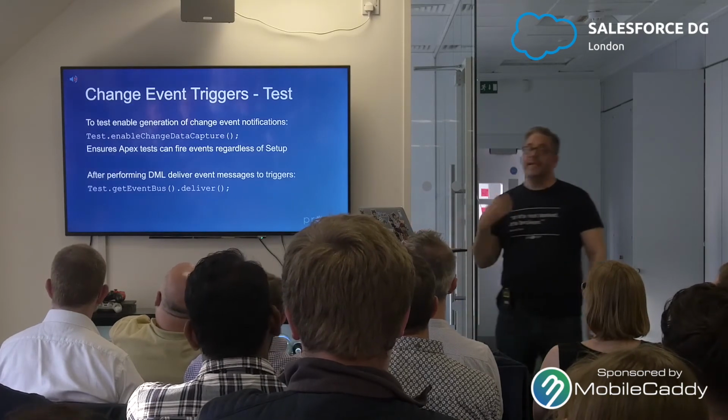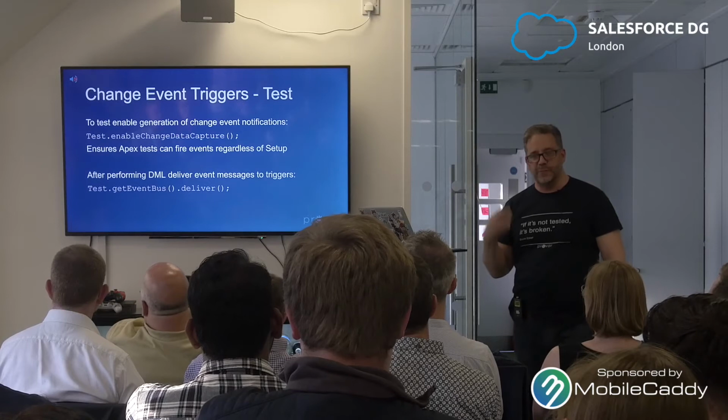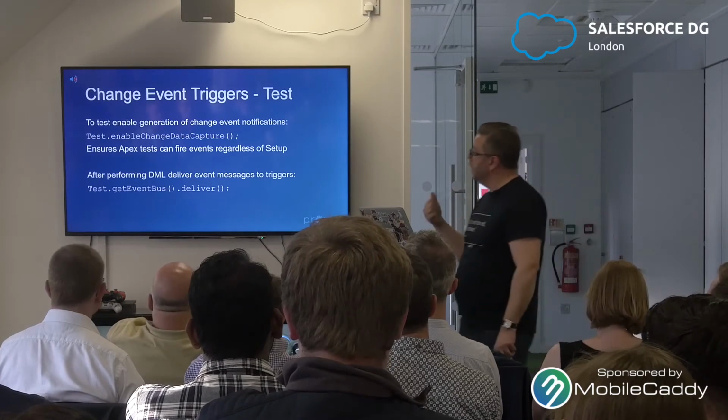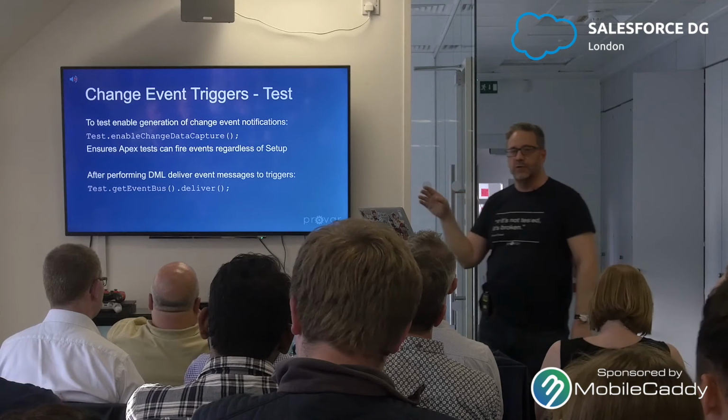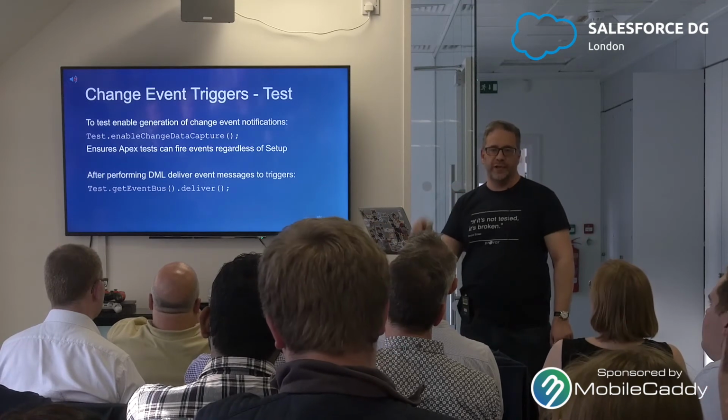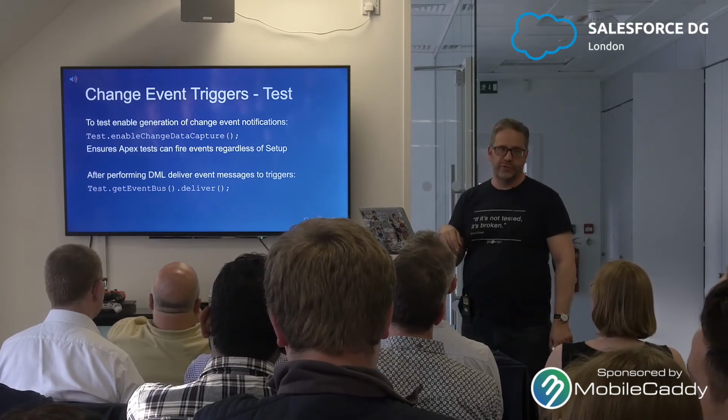If you need to test that, which is my next question, I'm pleased that the documentation actually told me how to do it. There are two things you need to do. First, Test.enableChangeDataCapture. That means it's going to switch on change data capture for the objects you're using, rather than you having to rely on the setup, having gone in and said, oh, I want change data capture on